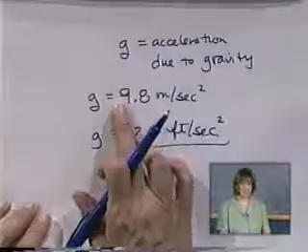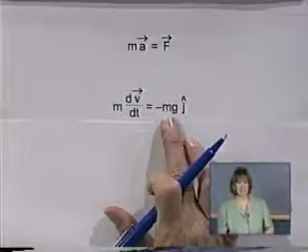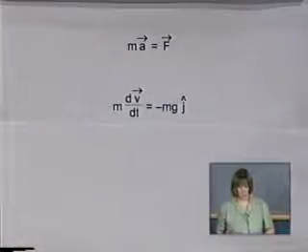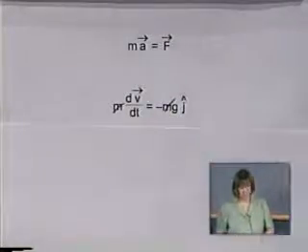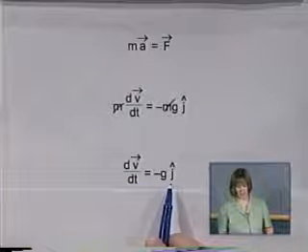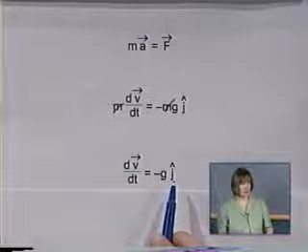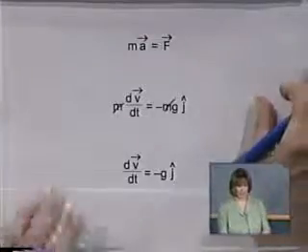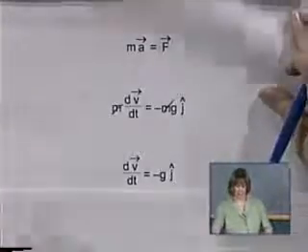Now, the reason I didn't put the minus, some of you are like, Mrs. Strocko, it's down, is because we wrote the force as minus mg, because it's coming downward. Now you notice the m's cancel. So I have dv dt is equal to minus g times j, j being my y component. All right? Okay, now taking that,